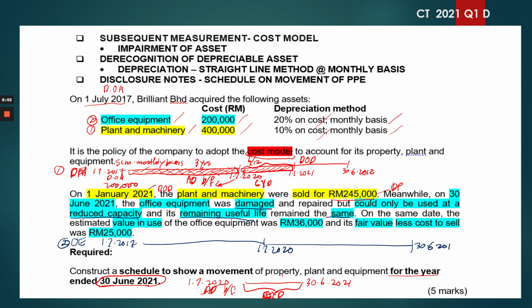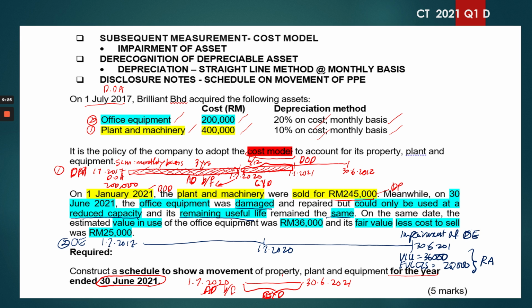And on the same date, 30th of June, you have been informed that the estimated value in use, VIU, was 36,000, and you are also informed the fair value less cost to sell to be 25,000. Be careful, these are the information regarding RA or recoverable amount, and this is the information regarding impairment of